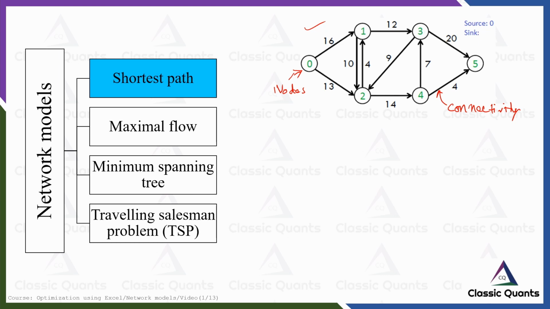between two nodes. And the numbers given with each arrow are the costs. Now we are talking about costs, but it can be distance also. It can be time as well. So distance, time, and cost will all be equivalent in this type of problem, I mean, in the shortest path problem.